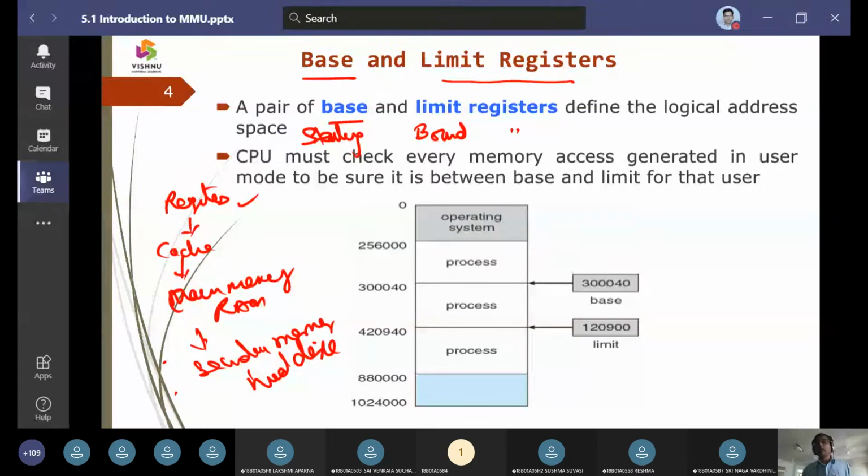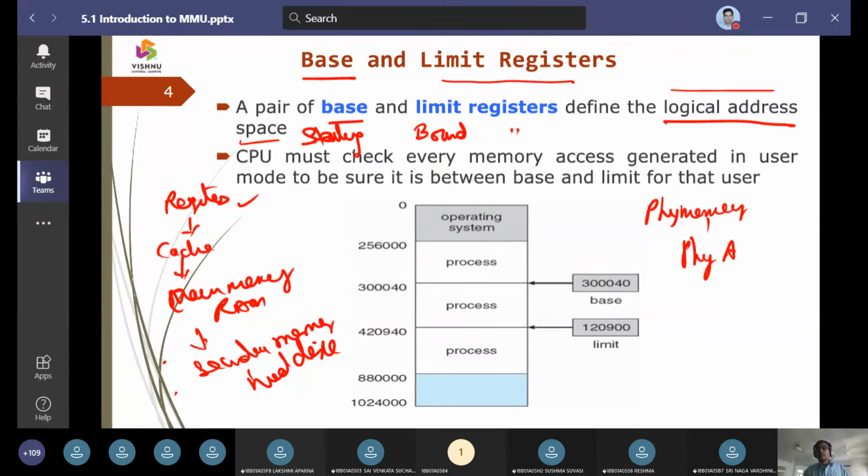Now here we are going to coin one more term, logical addresses. Up to now we were talking about physical memory, and physical memory is going to have physical addresses.